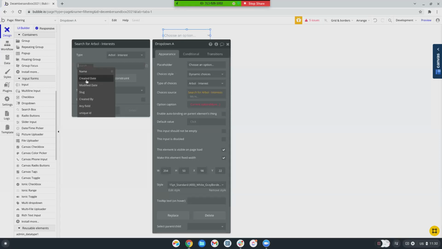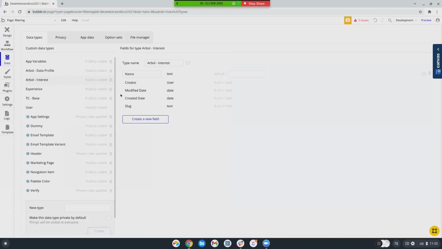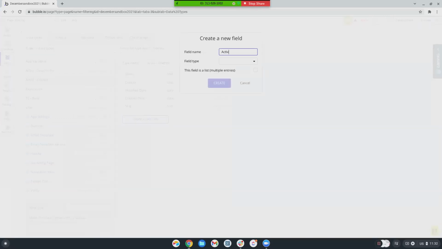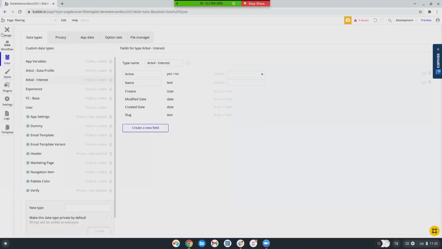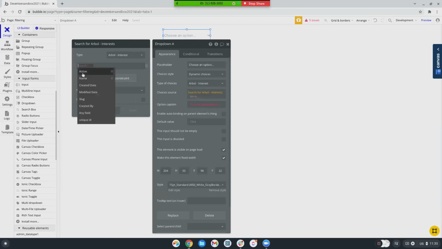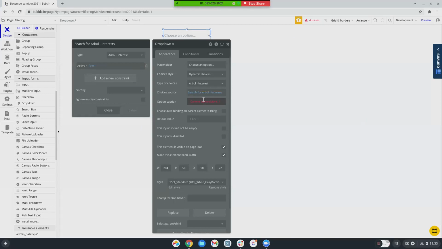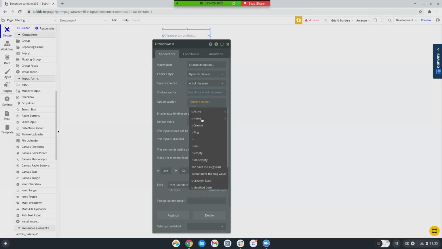For the interest, like I was saying, you also want to have an active field. So all interests where active equals yes, and we'll show the name.